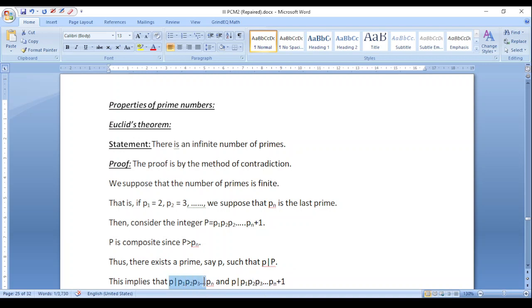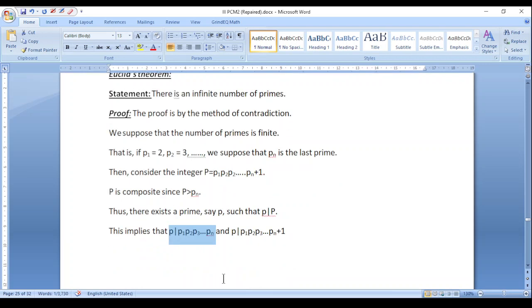And why does this happen? This is because p is a prime, and because it's a prime, it has to be one of these Pi's. Because we have taken P1, P2, P3, etc. to be the list of all the primes, p has to be one of these primes. And because p is one of these primes, it must divide the whole product P1, P2, etc. Pn. Right? So now we have got that p divides P1, P2, etc. Pn, and p also divides P1, P2, etc. Pn plus 1, which